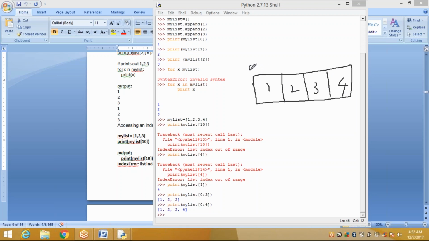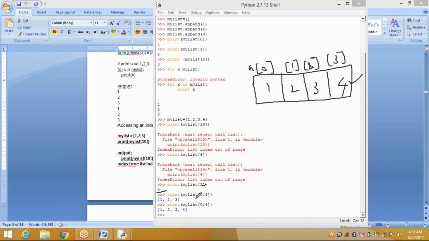This is array of 0, array of 1, array of 2, and this is array of 3. So if you give only array of 3, you get 4. Now you got the answer 4.